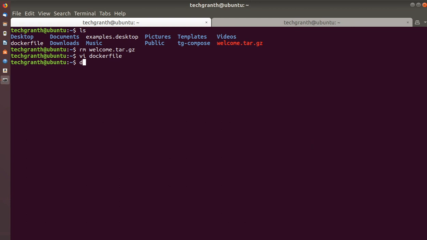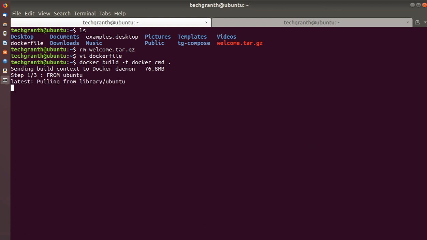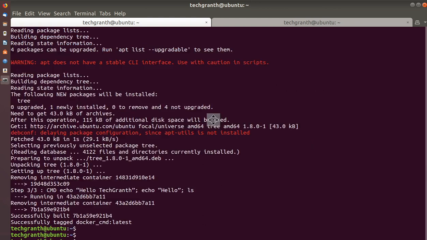So let's build the image, docker build -t docker_cmd and dot. Press enter. Let's just wait. So you can see our build has been completed.